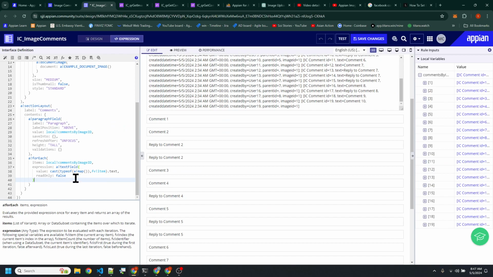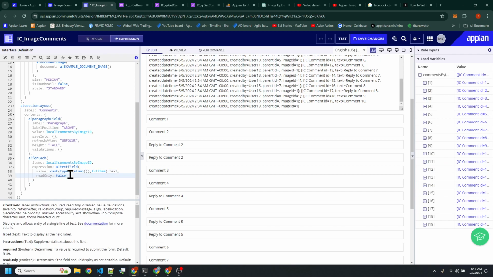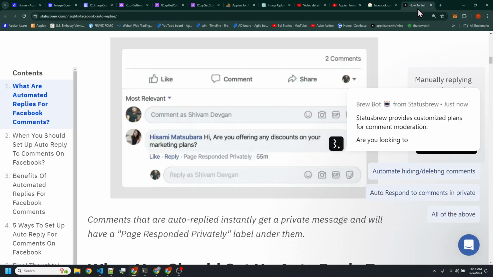So if we were to build this thing right off the bat in here, you cannot do it all in here in one interface. We have to stack these things so that it makes sense. So for example, I'm just going to save this as an example, right? And then we have to build something that looks like this. We can say, okay, so this is actually the comment that came from somebody, but we need to load up the user's profile image on the left side here, right?